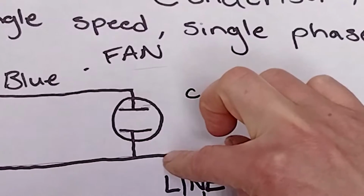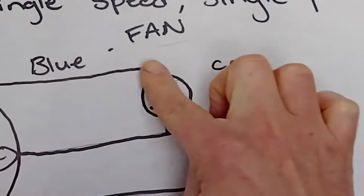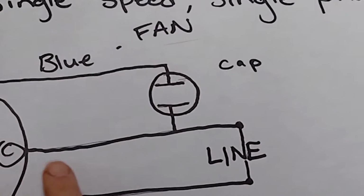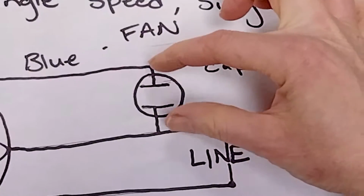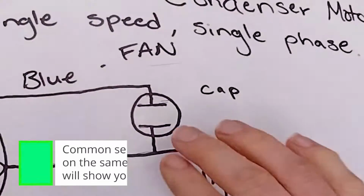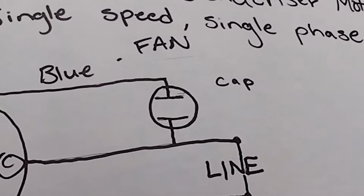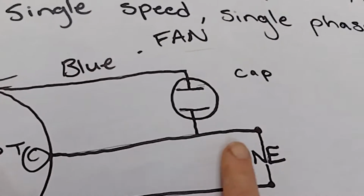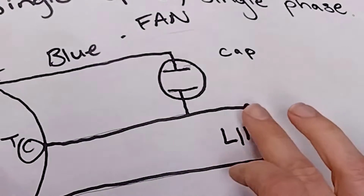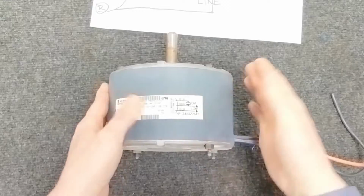So between just these two wires, if you see the word cap or you see this symbol for capacitance, you know that this blue wire that comes off of the motor is your start, and then your C, your common, your one leg of 120, is going to be what hooks up with that blue wire. So these are going to be together. The reason behind why we're only putting this with your common is where your windings go. So just remember, we're going to go with the wire that is on your C on your capacitor, standing for common. So your common and your start winding should always be on your capacitor